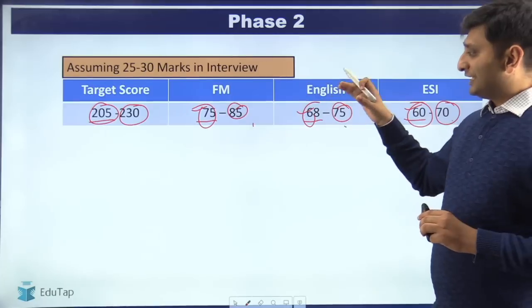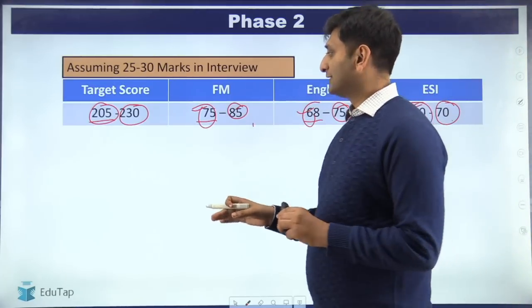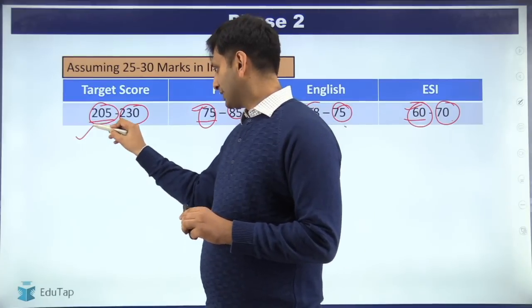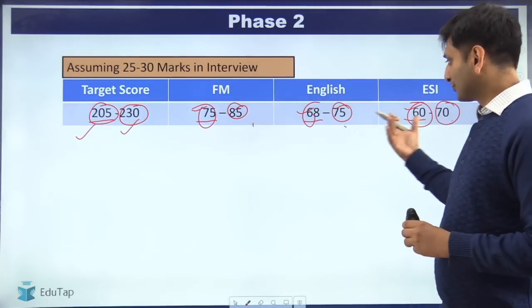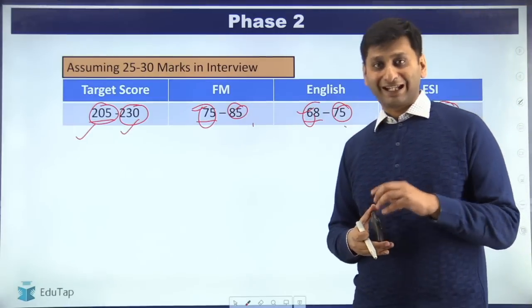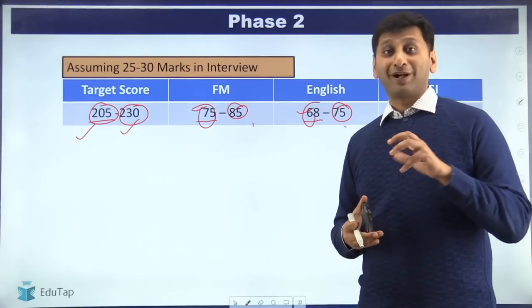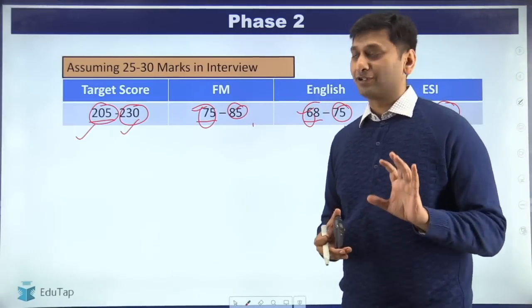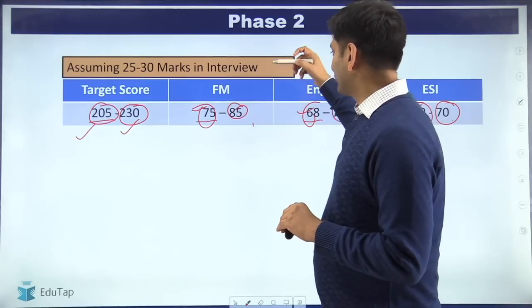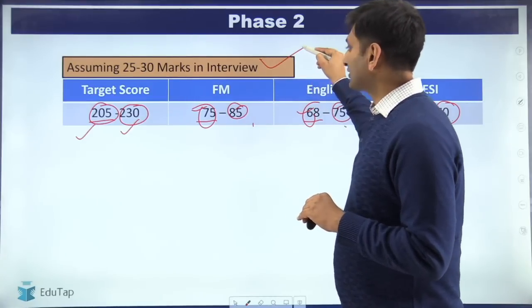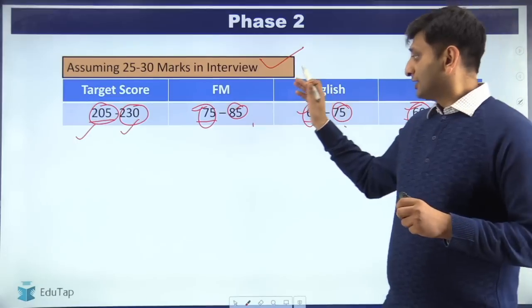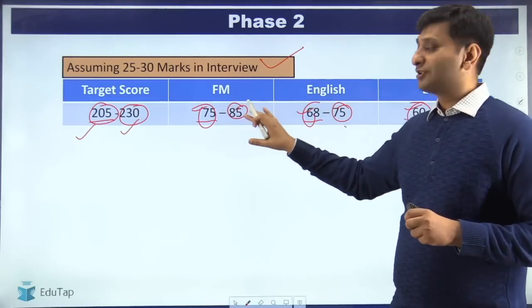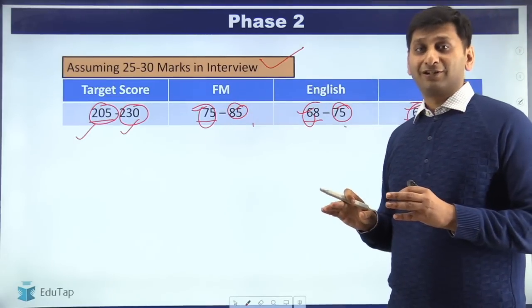So in a nutshell, what I want to tell you is that this target score, even 205 or 230 depending upon the difficulty level, and the marks that I've shown you are realistic. You can do that, but it's not easy. You have to work a lot harder on this. But again, here we have assumed that you will get 25 to 30 marks in the interview, but I think you can do much better than that, so that the responsibility on your shoulders with respect to phase 2 now